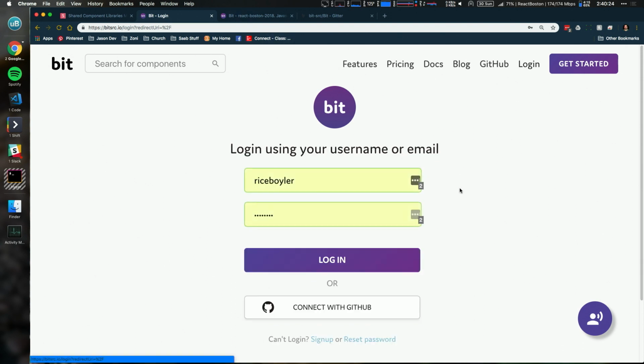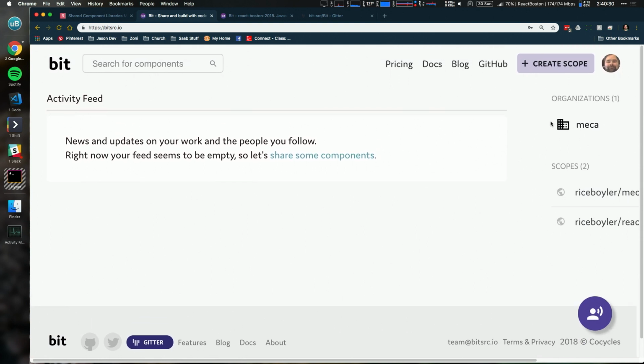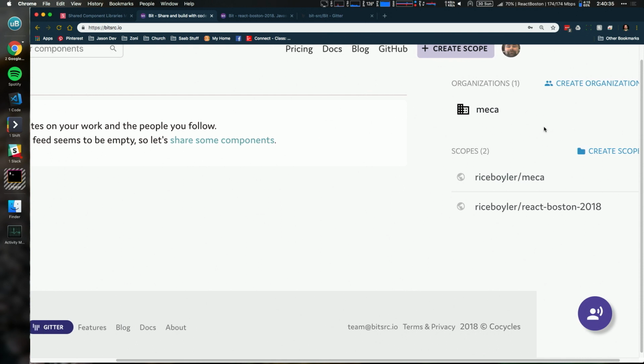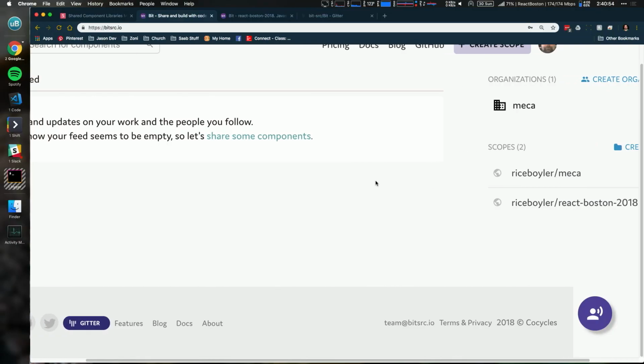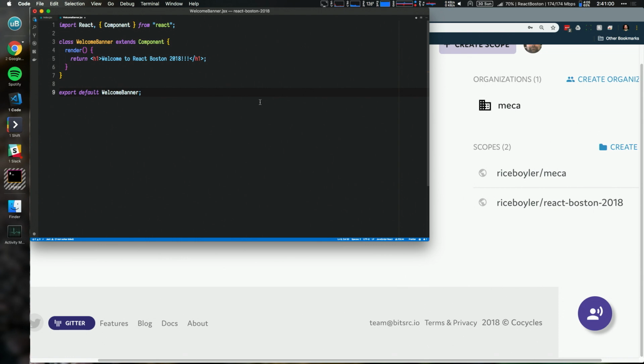So I'm going to go ahead and log in. I've got a separate one for my personal stuff. And so I have no component share. Imagine that. And I have a couple of scopes. Let me explain scopes really fast. Scopes are basically ways to containerize, if you will, your components. It's a way to make sure that you can put them all together and make it easier to find. So I am the director of web innovation for a car stereo competition group called Mecca, and that's what that one's for. I don't have anything in there either. That's where all of this is eventually going into. But I made one for React Boston, because that just makes sense. So I'm going to open up my IDE, and I know that's way too small.